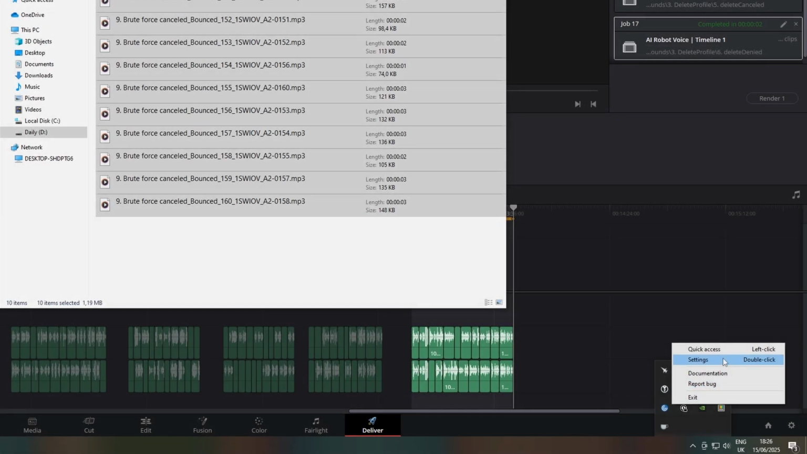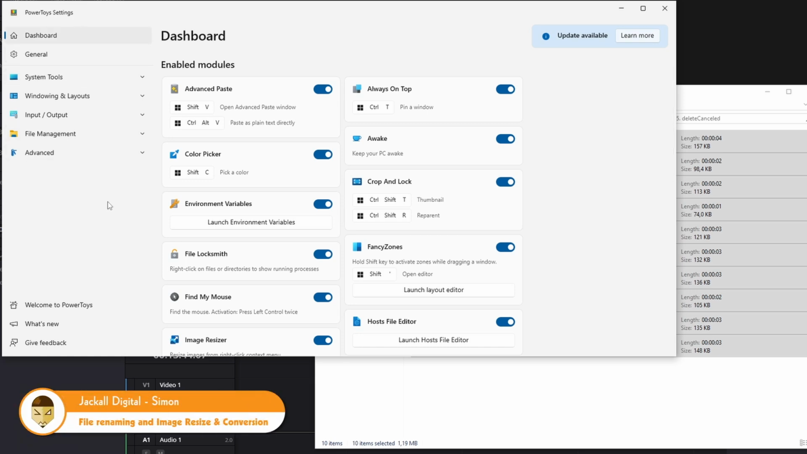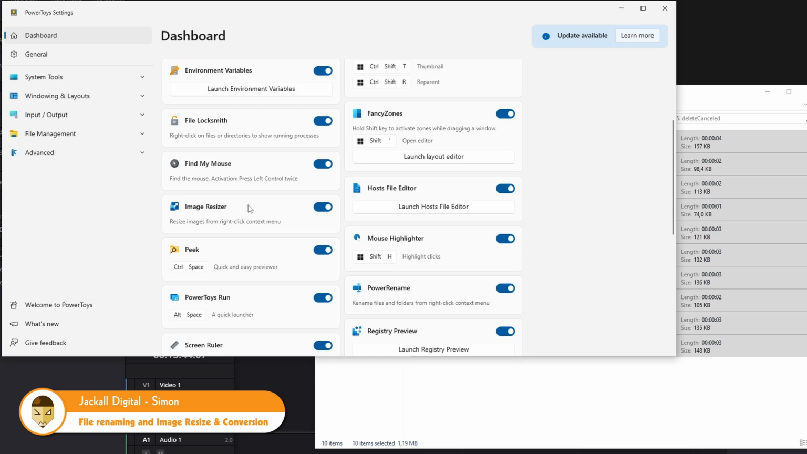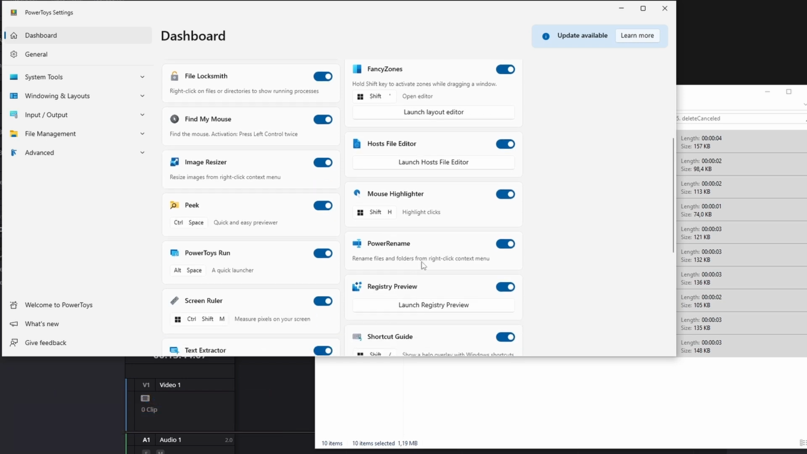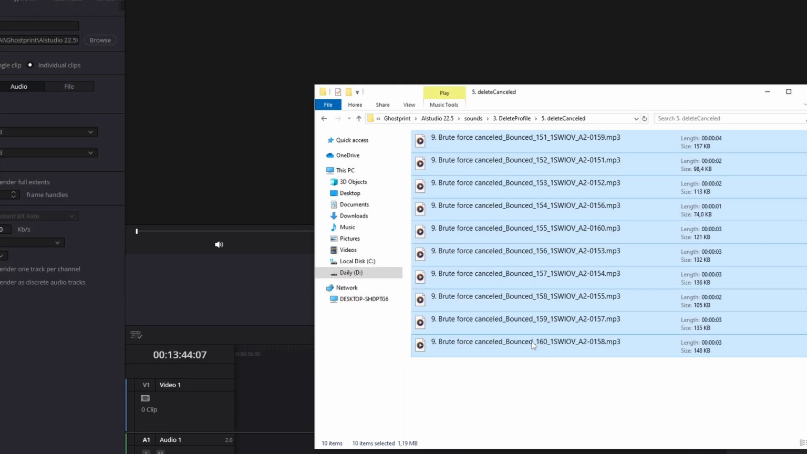Hey Jackal, do you have a lot of files that you have to rename? Well, we do have an option, at least in Windows. It's PowerToys, and with a lot of toys comes a lot of responsibility, and it's called Power Rename. But you also have other tools like the mouse highlighter and this one that, well, highlights the mouse pointer when